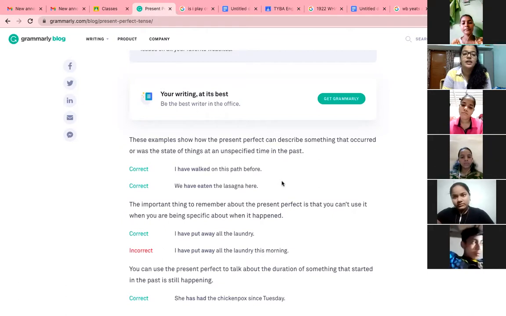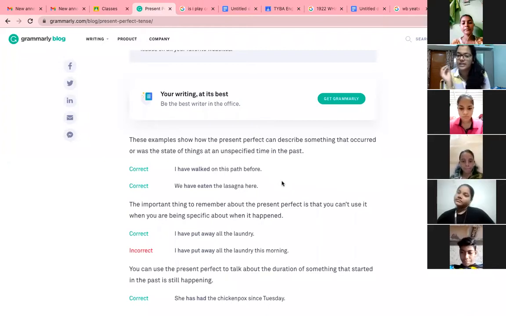Okay? I have walked on this path before. Do you see your have there? Yes. Do you see the verb with an ed? Yes. It's a present perfect tense sentence. Now, another way you'll know it's a present perfect, not a past or a future, because I have walked on